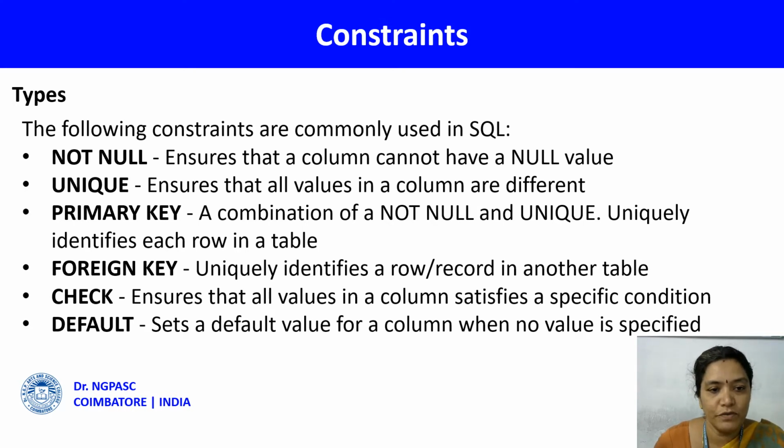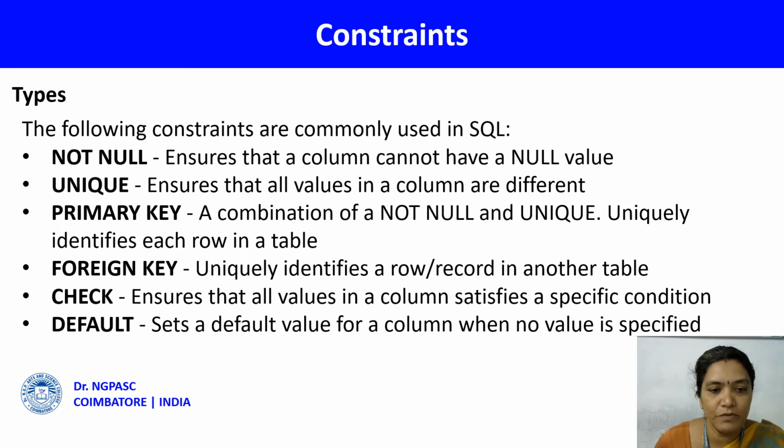The fourth type of constraint is foreign key, which uniquely identifies a row or a record in a table. It can be used to identify a row or a record which is situated in another table. Primary key and foreign key will come as a combination. A particular column is called a primary key when it is created for the first time, and if the same column is created in some other table, that column will be used as a referenced key column, which we can term as foreign key.